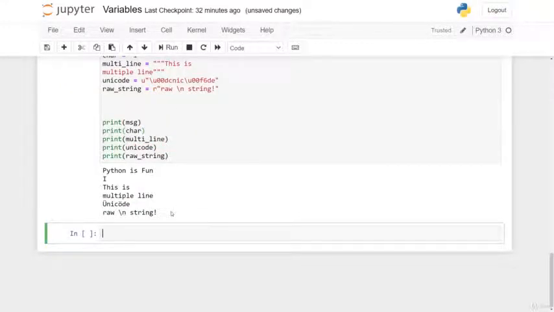In this program, "Python is fun" is a string literal, and 'I' is a character literal. Also after that we have a multi-line string literal. And after that we have a string as a Unicode literal which supports characters other than English. And also in this case,